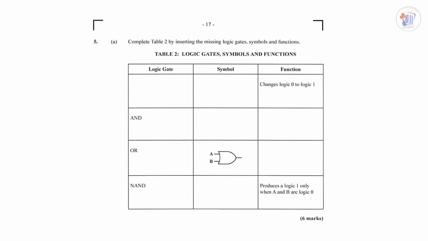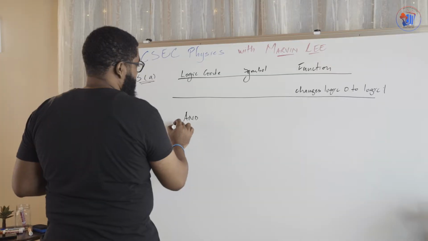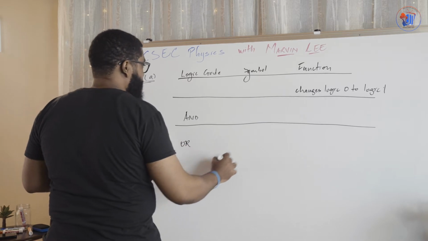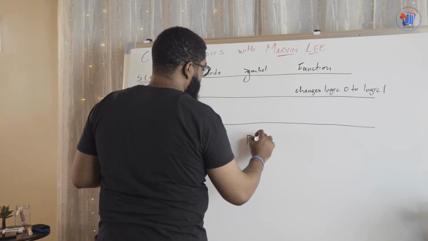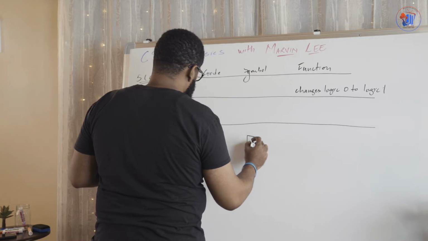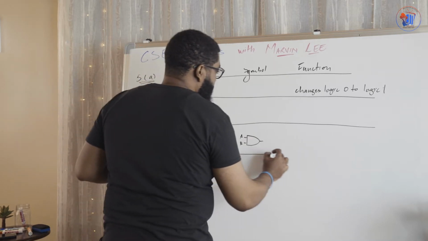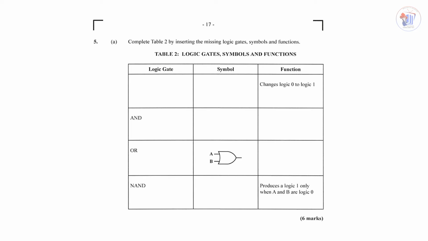Our second row has one word, AND. Our third row has this word, OR, and it has this symbol. Finally, the last row has NAND, N-A-N-D. And it just says "produces logic 1 only when A and B